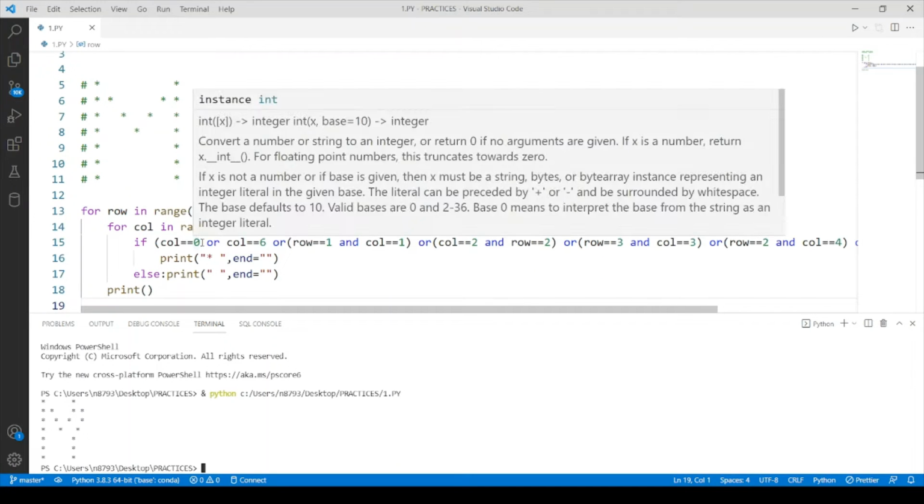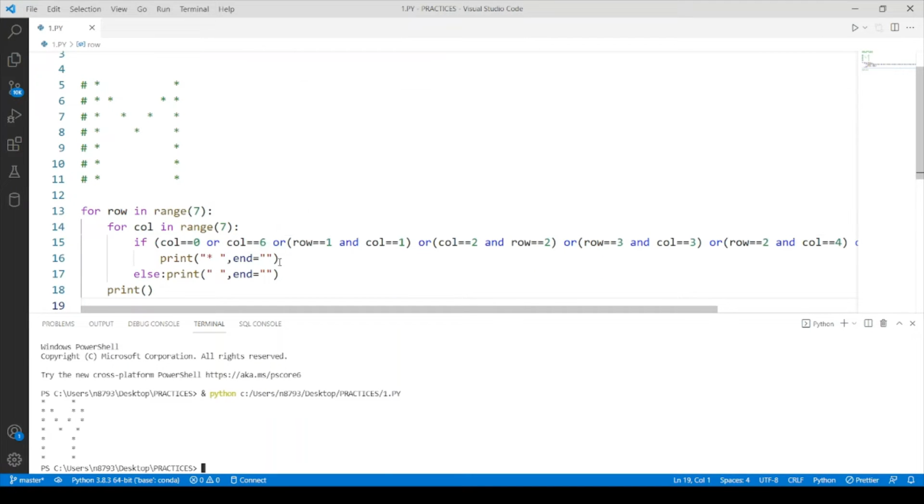If our column is 0 or column is 6, then print full star, perfect. Otherwise, if row is 1 and column is first, then this star. If our column is second and row is second, then this star. If column is third and row is third, then this star. If row is second and column is fourth, then this star.